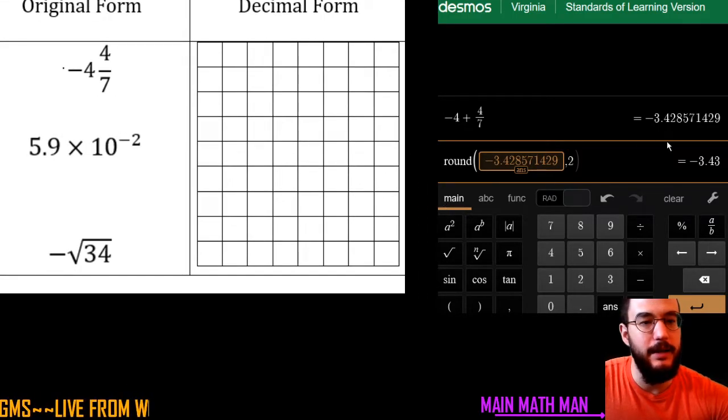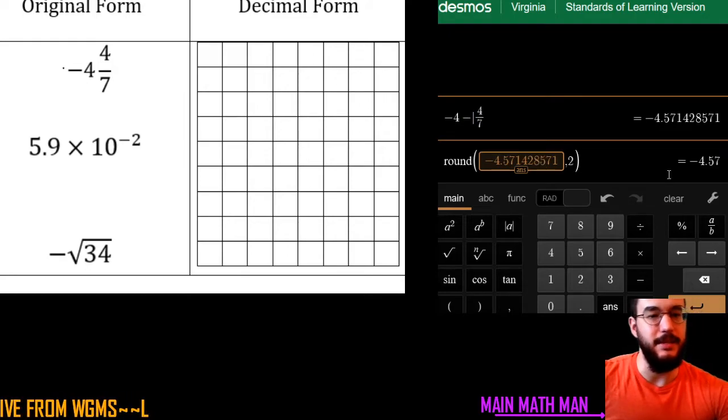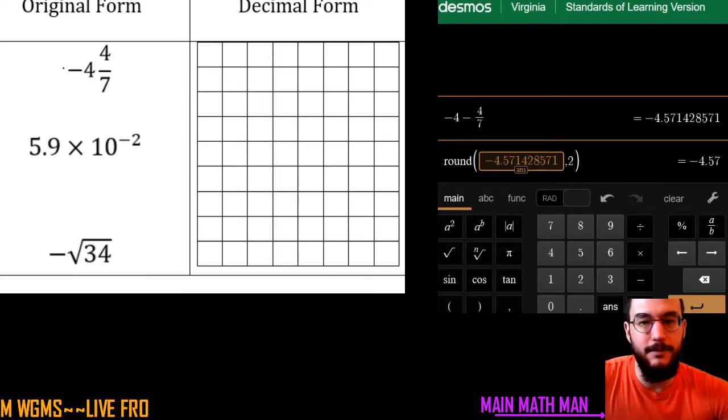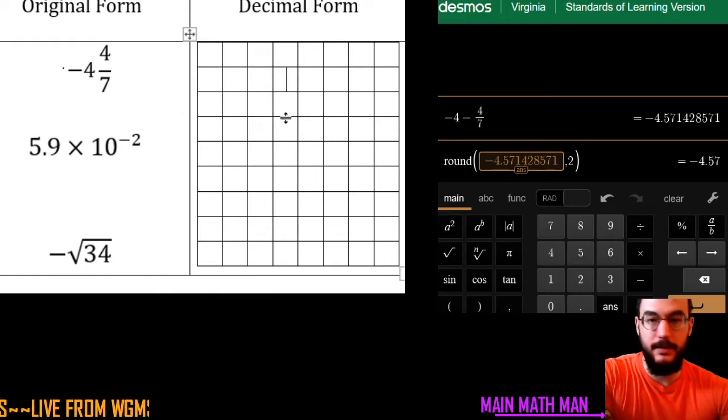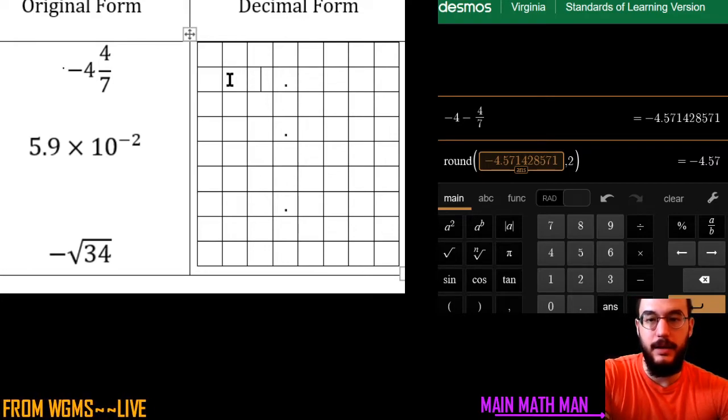So now I'm going to say, all right, let me actually say this. Make sure that you are saying that's in the entire part, so I need to actually say minus. So let's actually include that, because it's saying the entire thing is negative. So I need to say it's going to be negative 4.57. So I'm going to say, all right, let's have a decimal, decimal, and another decimal. So that way I have my space for my numbers. So I'm going to say, all right, I have negative